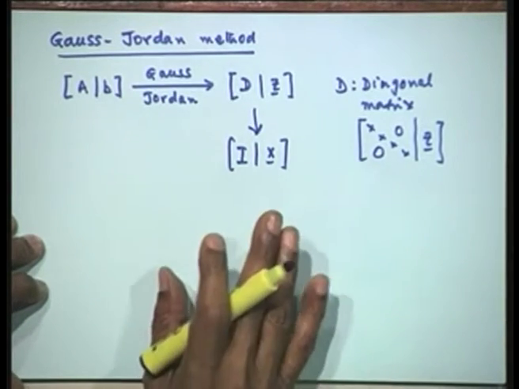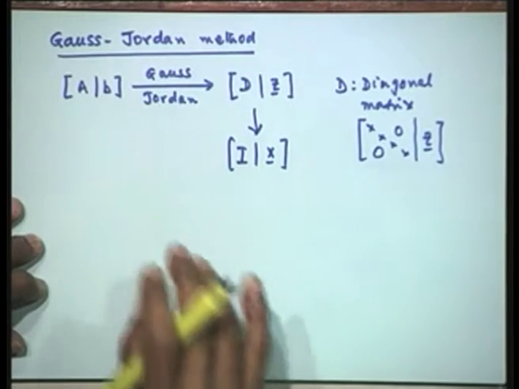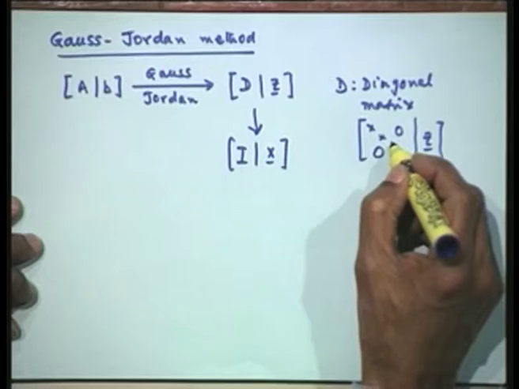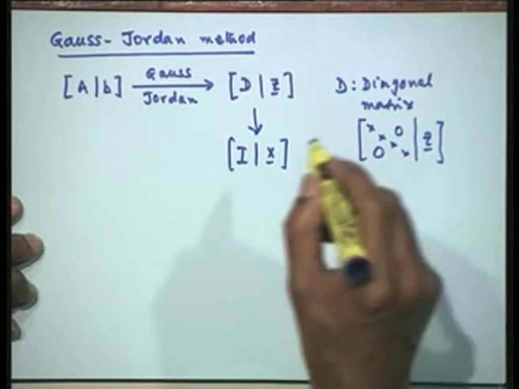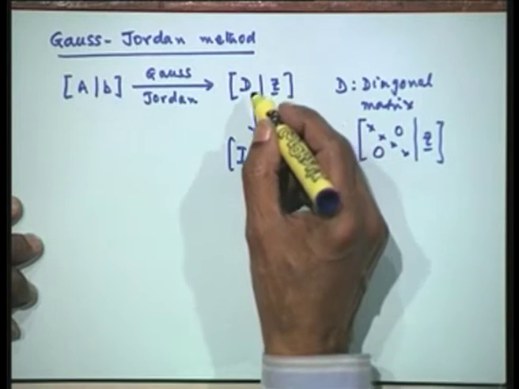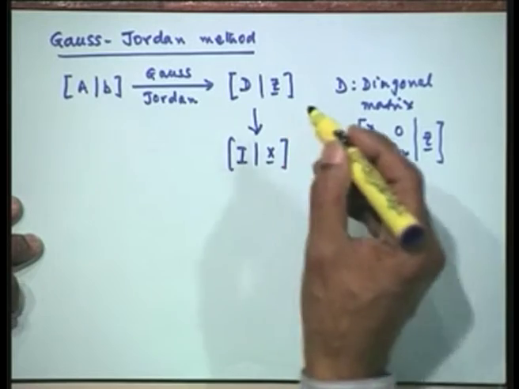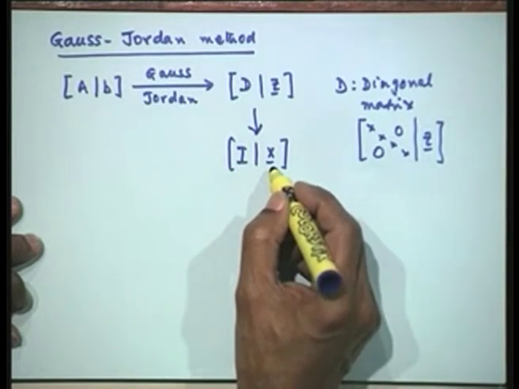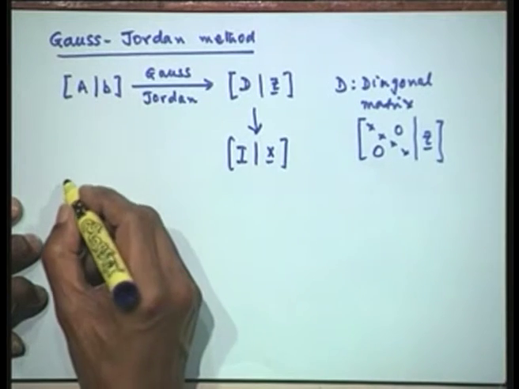Now, if this is the method, what is the difference between the Gauss elimination and the Gauss-Jordan is only this: at any stage of elimination when we choose a pivot, the elimination is done not only below, but also above. So, if I take a pivot over here, I have got the elements below and above also. So, at each stage I will eliminate elements below and above the pivot, then that will automatically reduce to the D form, but if you are dividing by the element before the procedure, you will directly land up into I and x. Therefore, this implies that perform the